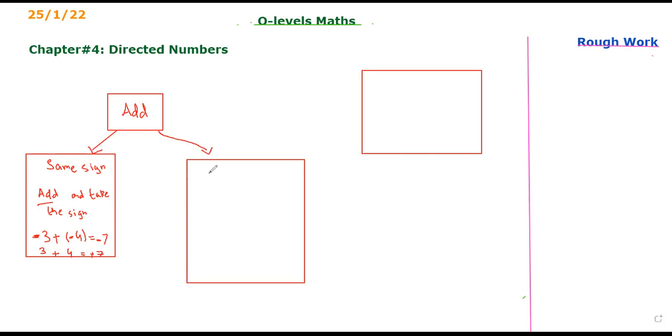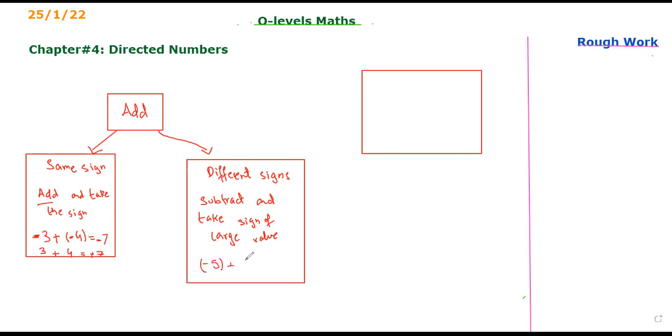Yes. Okay. And now when we have different signs, what do? Obviously, we subtract and take sign of large value. For example, if we have -5